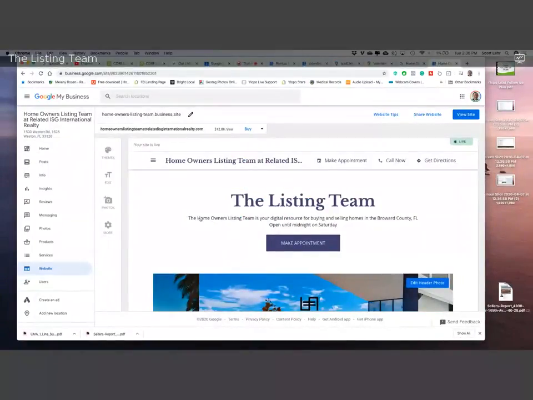So whatever you write here, whatever you put there, you need to think about the wording that is unique to what we do, that every other realtor is not using. Don't put real estate agent, realtor, real estate consultant, the common ones that everyone's using. This is where we need to be unique. Why? Because